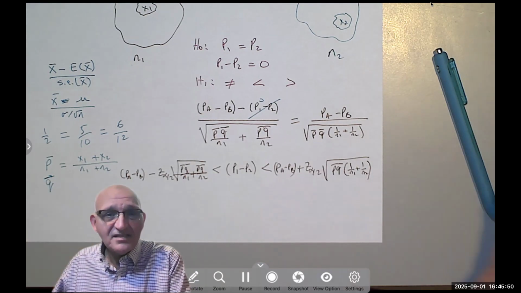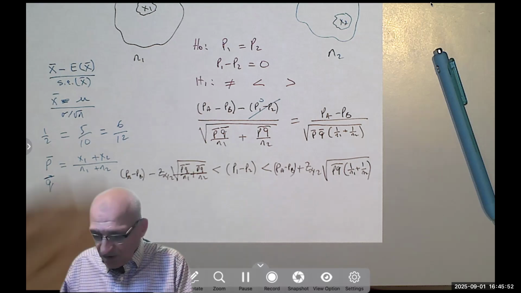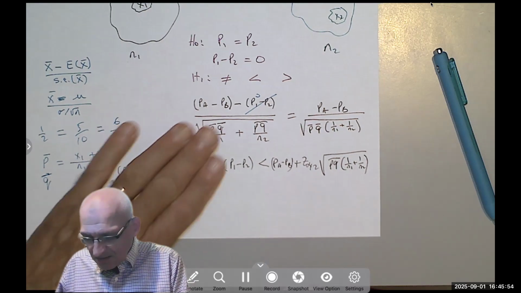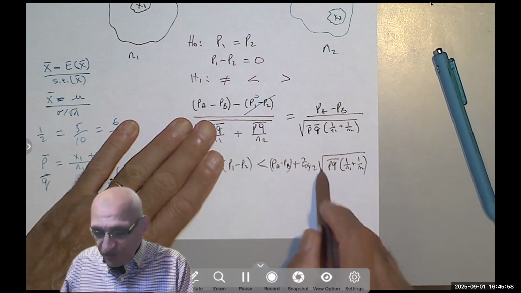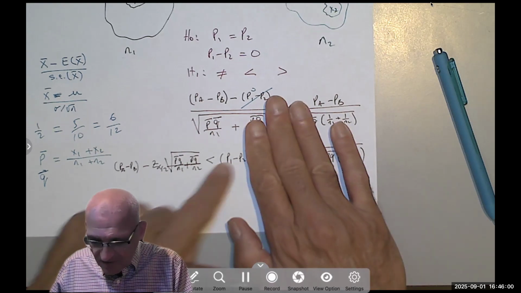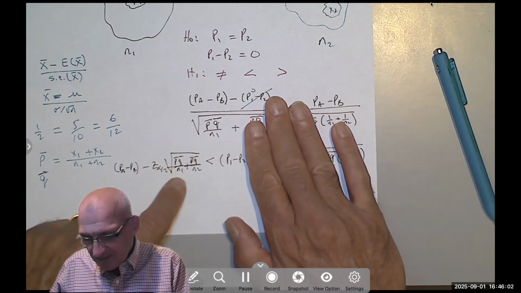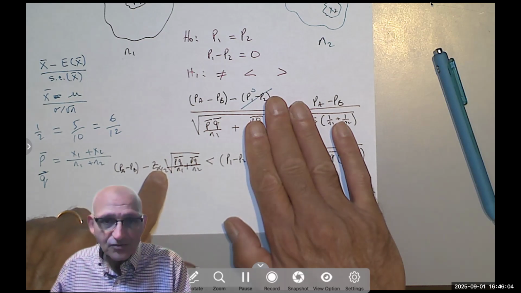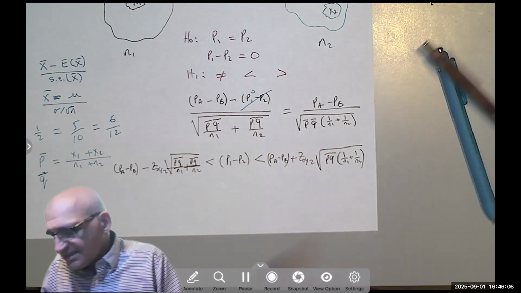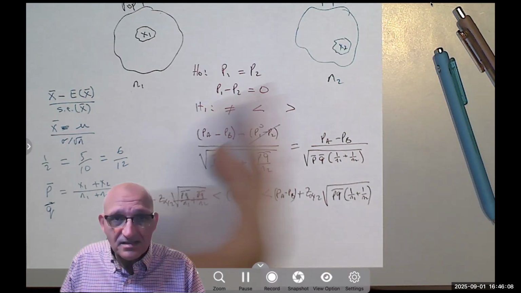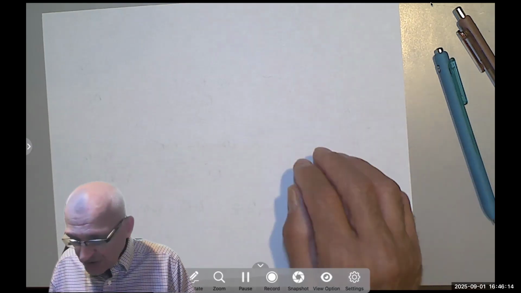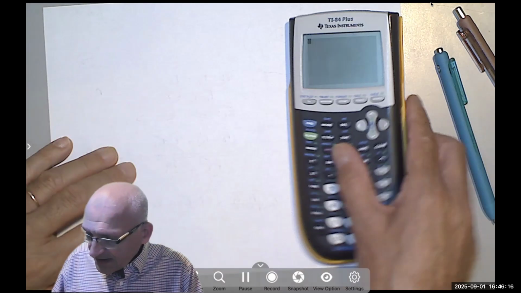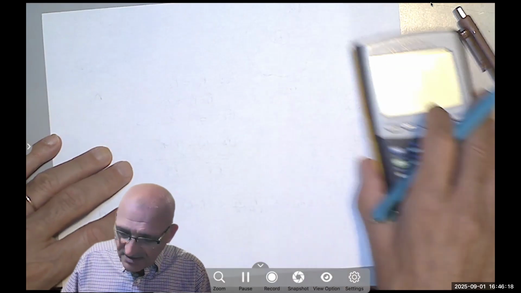If it's a one-sided upper or lower bound, then one of them would be just this minus this alpha, not alpha over 2, or this is greater than this minus that alpha, also not alpha over 2. So let's take an example and see how easy it really is. Of course, you can use a calculator to solve, and we will use the calculator to check our answer later. In this problem, they tell you,